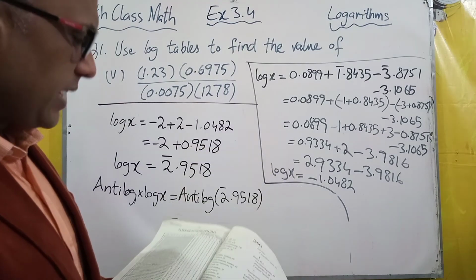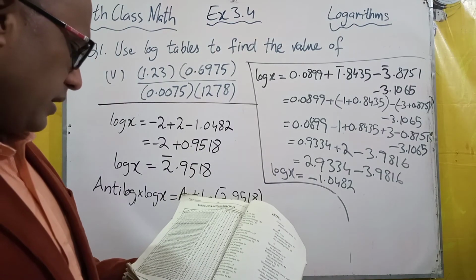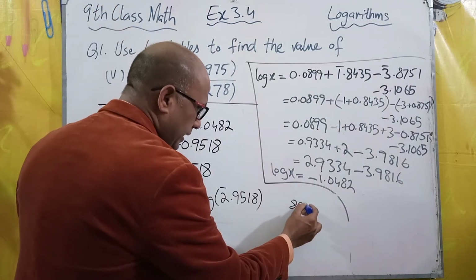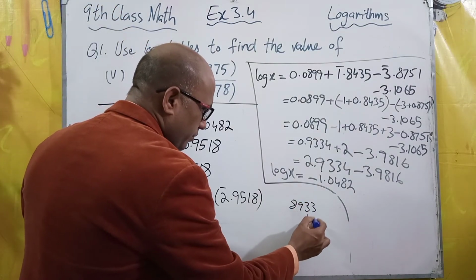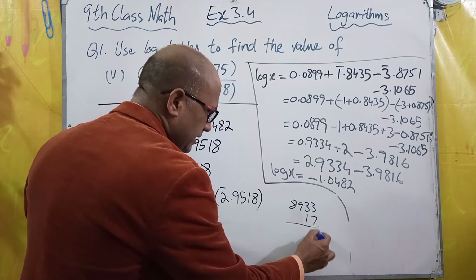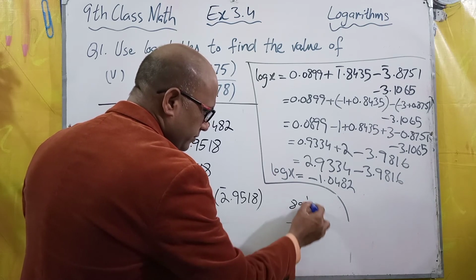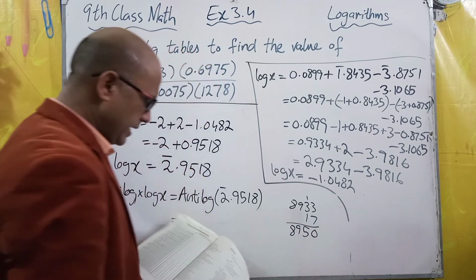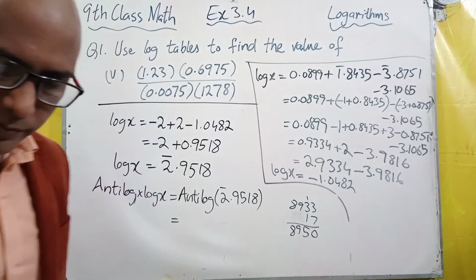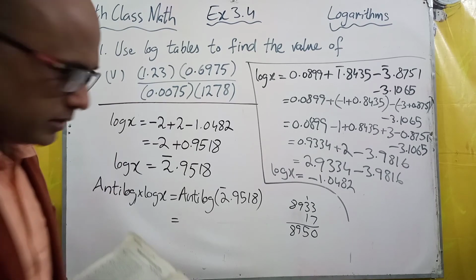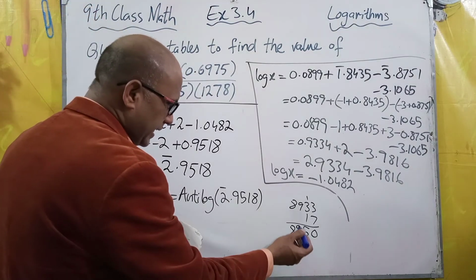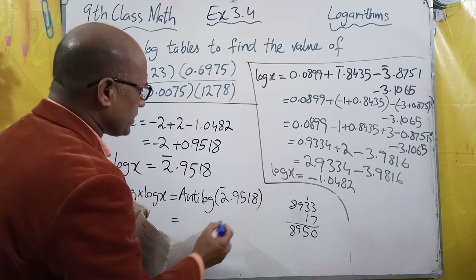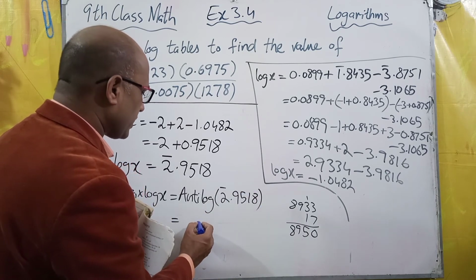If we add 17 into 8933, we will get 8950. Students, we will get 8950 as the anti-logarithm of this number. So we'll write here